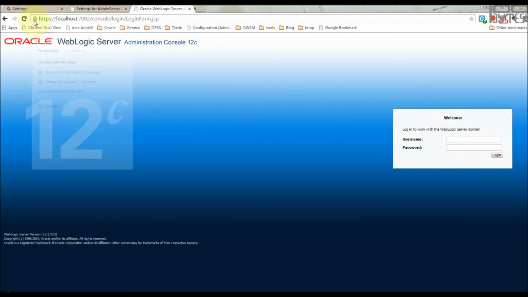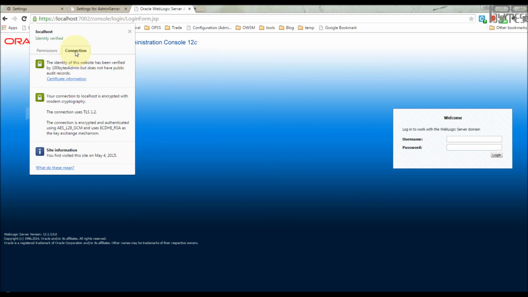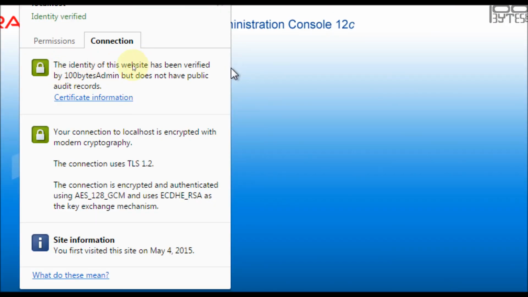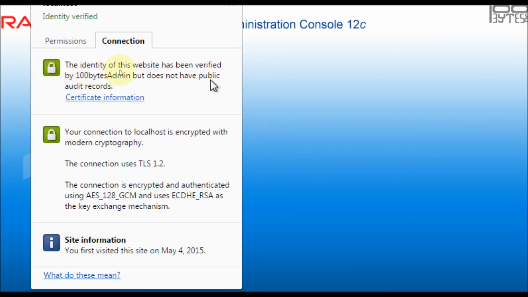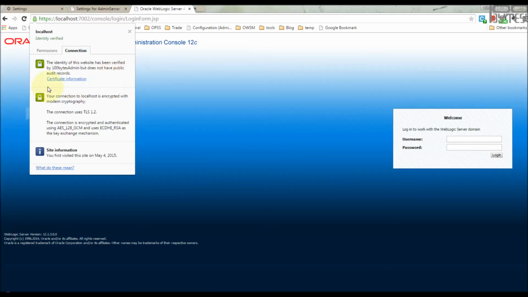Let's examine the certificate that was sent. In the connection details you can see that the identity of this website has been verified by 100bytes admin but does not have public audit records. That is because 100bytes admin is a self-signed certificate, so it says it does not have public audit records. Let's examine the certificate here.